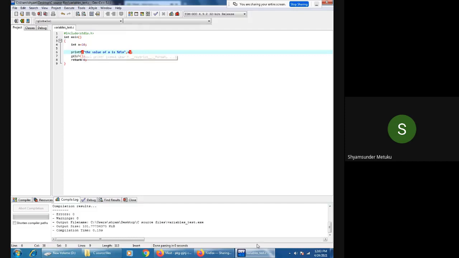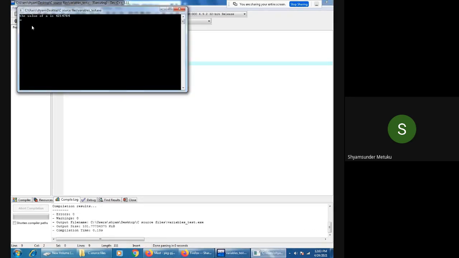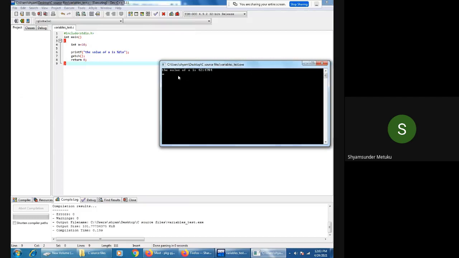It is compulsory. If I don't mention it, save it. Yeah, you can see what it is printing. The value of a is what? Some garbage, is it not? Is value of a 10 here? Yes, sir. Tell me. Value of a is 10 here in the output?